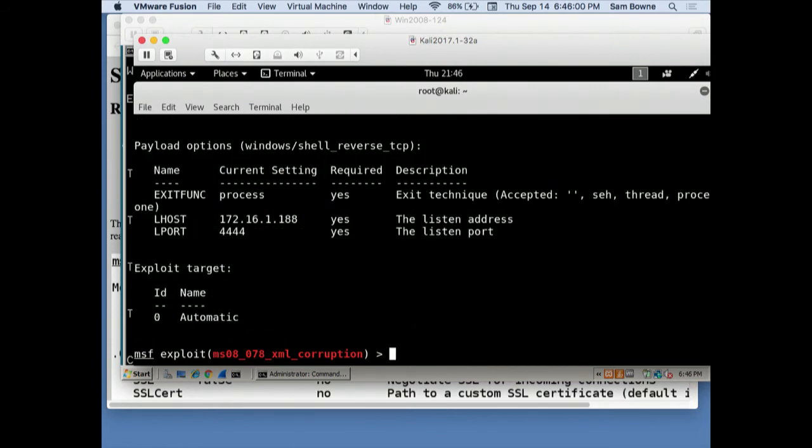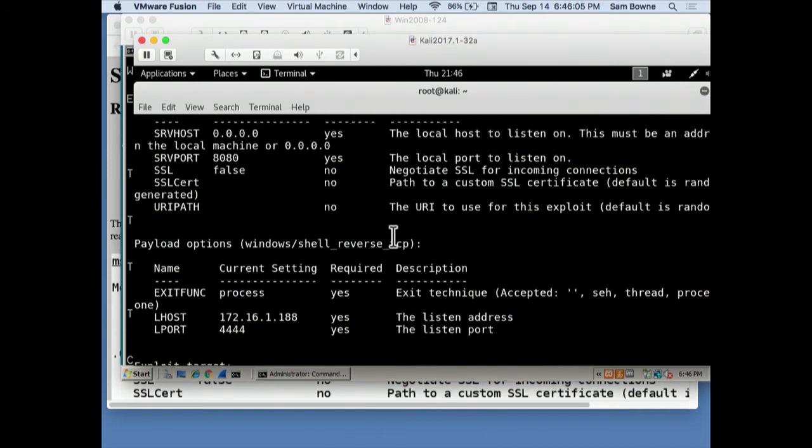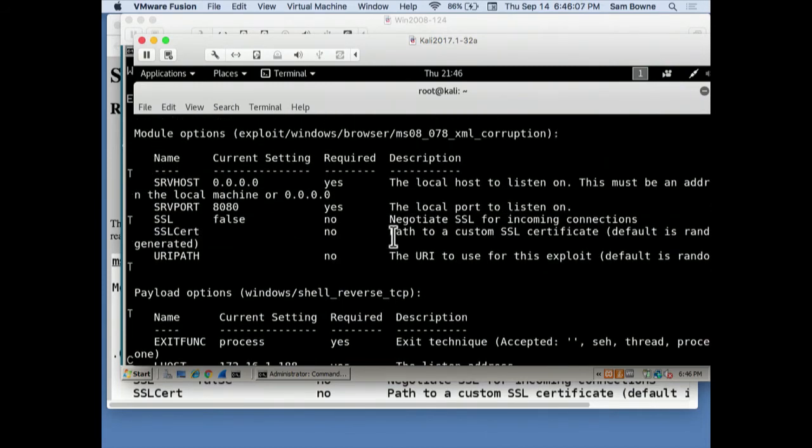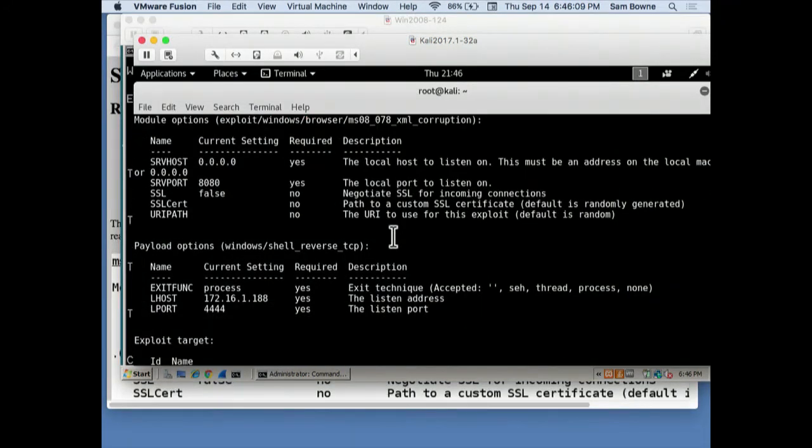Reverse TCP. I'll show the options. It is the same as before. I need a listening... Notice I need two sets of options here. I'm going to shrink this a little bit to make it line up better. Okay. I need two sets of IP addresses. This is the local host to listen on. That's going to be 0.0.0.0 and say 8080. So that's my local